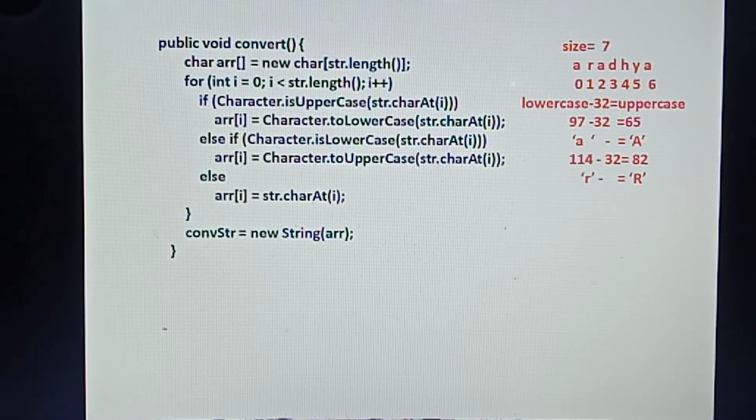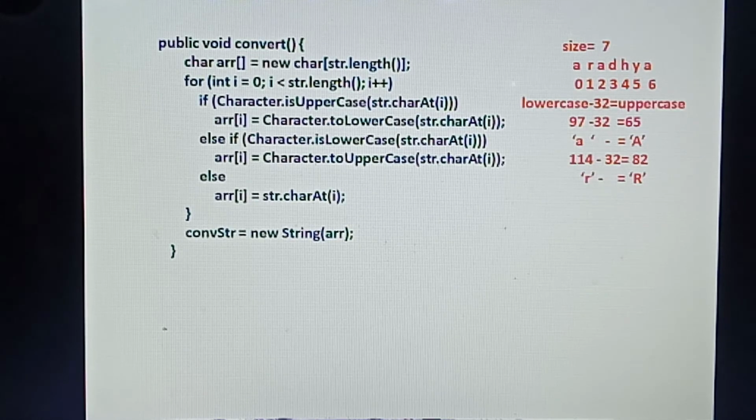Now here we check using an if statement: if Character.isUpperCase(str.charAt(i)), that character is uppercase, then array[i] equal to Character.toLowerCase. Else array[i] equal to str.charAt(i). Then the converted string you will get, and that string you have to print, equal to new String(array).